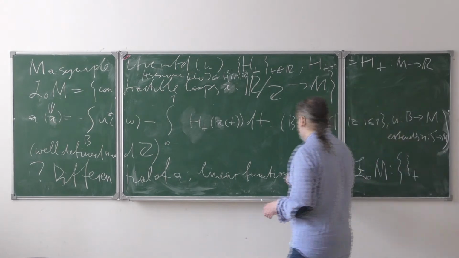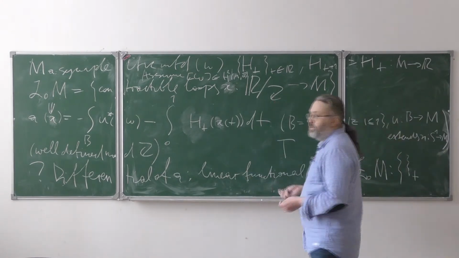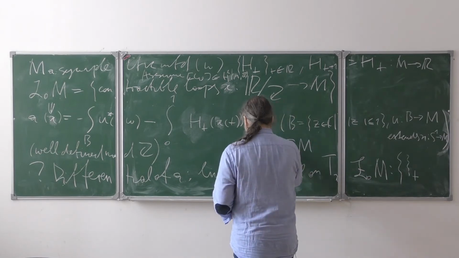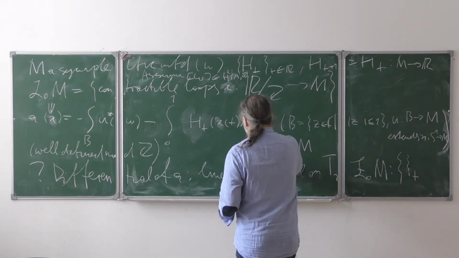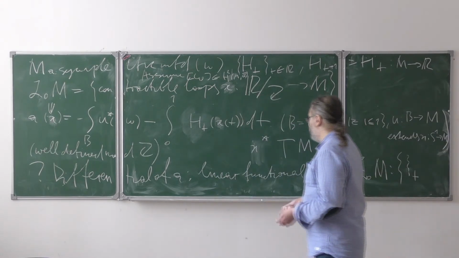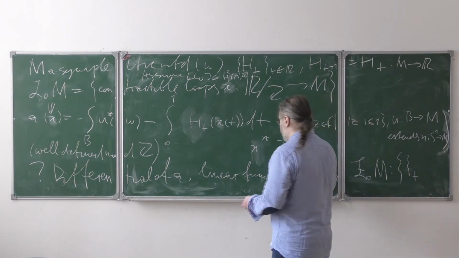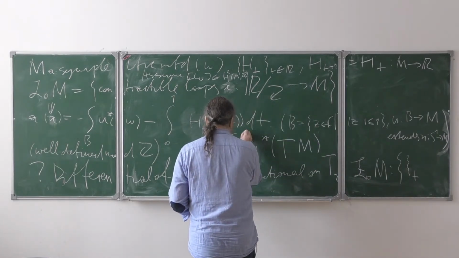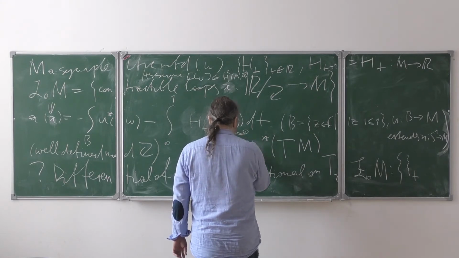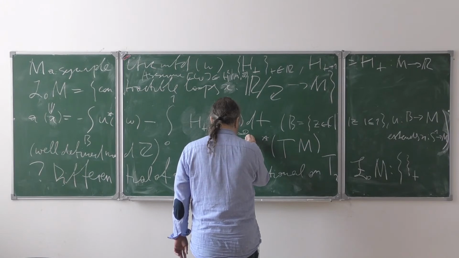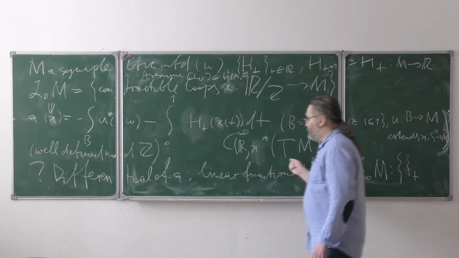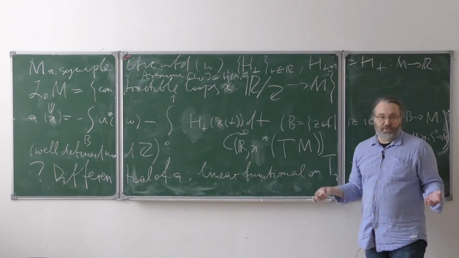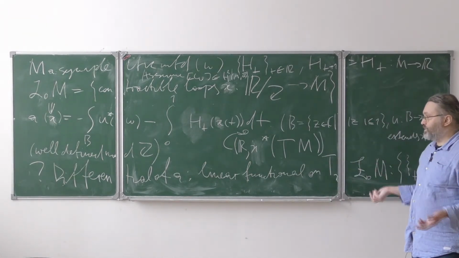We take the tangent bundle of M, we take the pullback using X. We're allowed to do this, and then we take smooth sections of the resulting vector bundle over the circle,